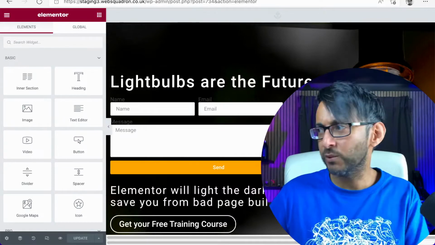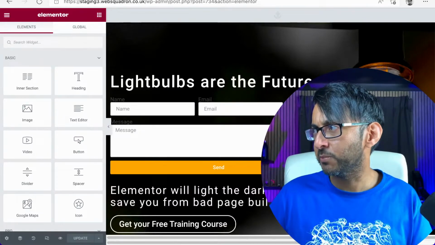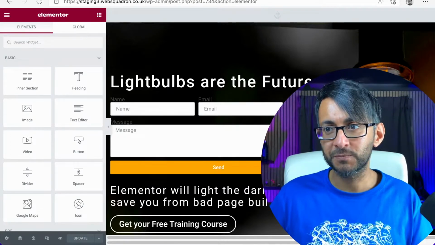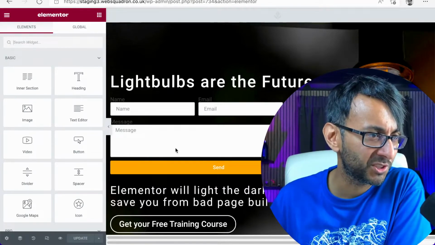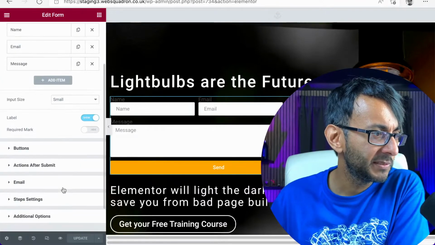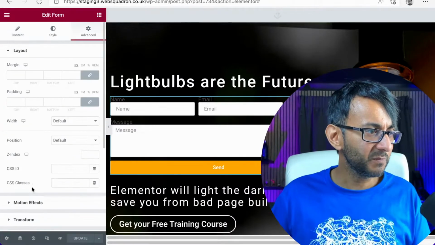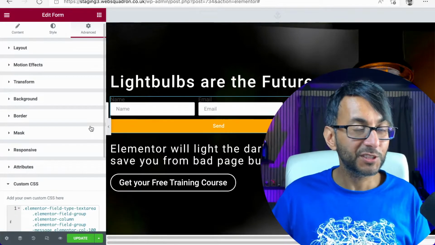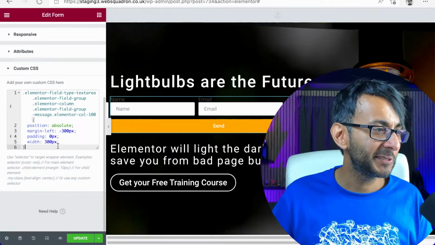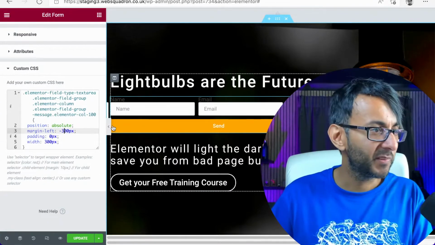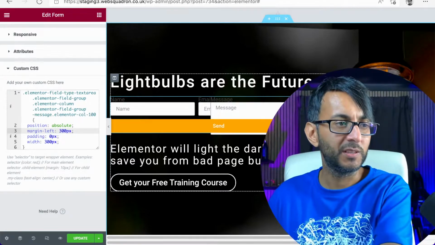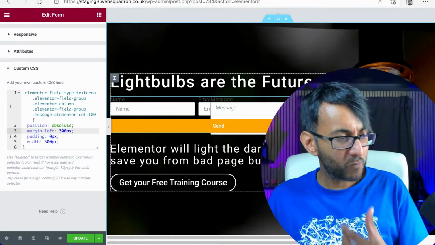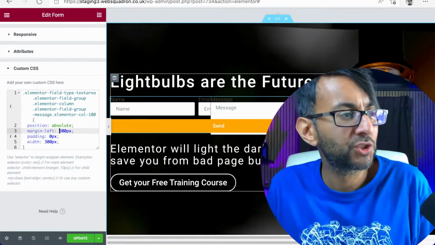I'm just playing around with something here, a possible solution for something to do with pop-ups. And I had it working, and now it's not working properly, so I just got to play around with it a little bit. Just doing something a little bit different. I think I've got it working quite well. So it's basically where I'm rearranging the field layouts. But I'm just trying to